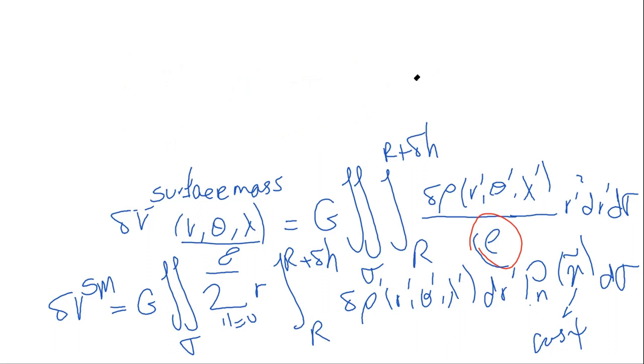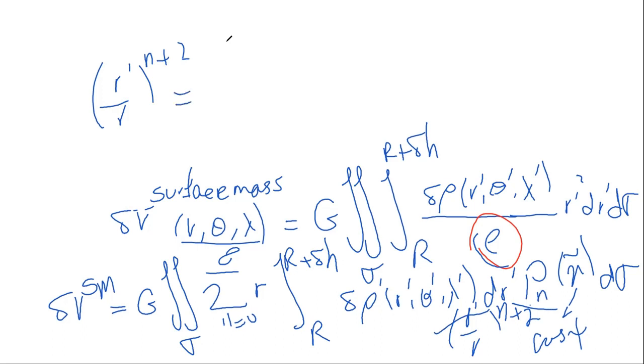Let me write this R prime over R to the power n plus 2 here. Let me write it in that form: R plus the thickness of a very thin shell,